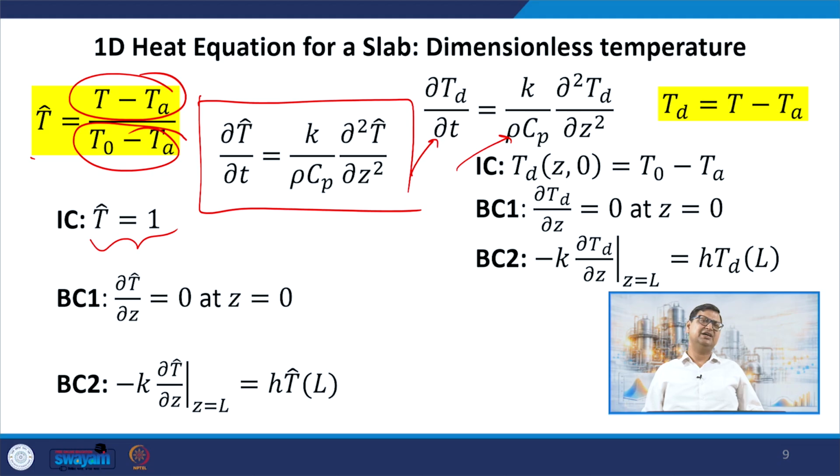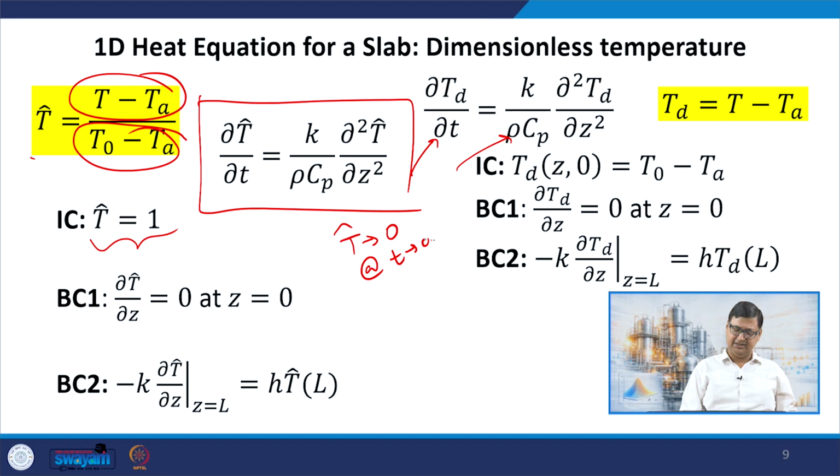And you can also see that at steady state, if I wait long enough, the temperature of the slab should eventually become equal to the ambient temperature. So, when T is equal to Ta, T cap becomes 0. So, T cap goes to 0 for infinite time for sure. Now we have a dimensionless temperature that is going from 1 to 0